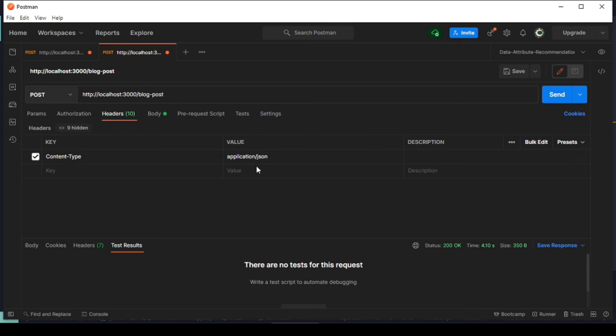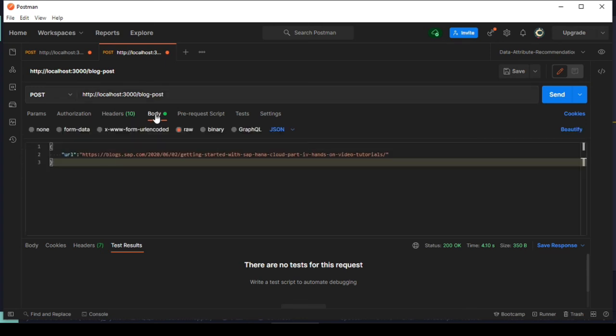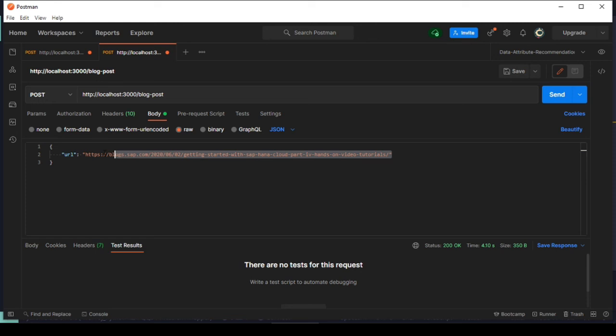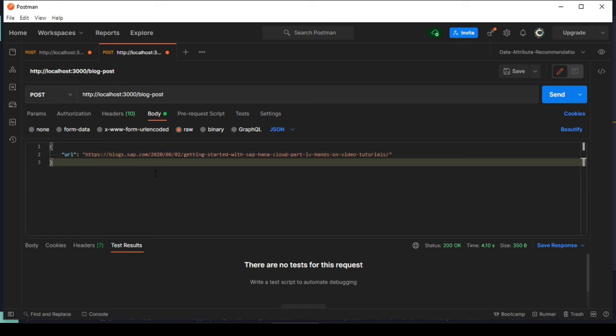In the header I have mentioned application JSON, and in the raw body I have just added the URL, one of the URLs which I'm interested in. Okay. So if I now run this one, because my application is already running on port 3000, I'm not sure what problem I'll encounter. Let's see.